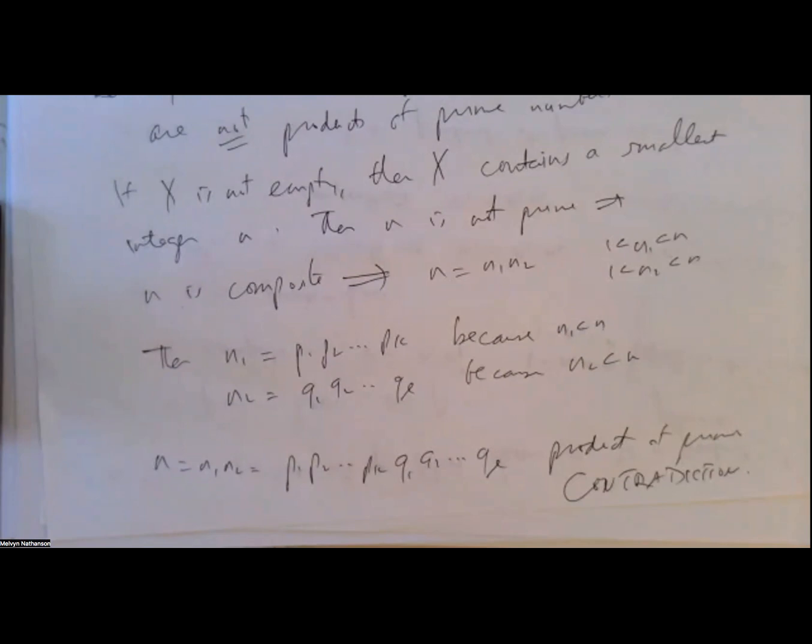So we're done. So every number is a product of primes. And to prove uniqueness takes a little bit more work. And it depends on Euclid's lemma. But since this is not a class in number theory, and since it's not a proof that the author gives,